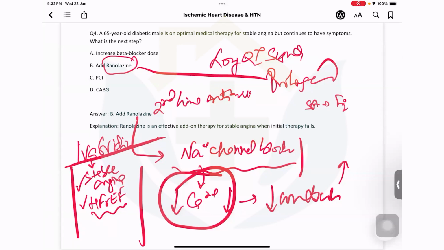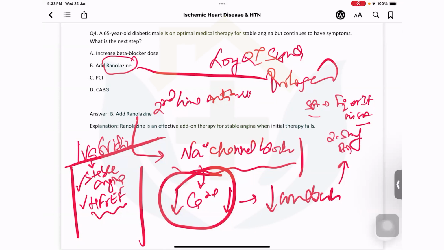funny currents or IF. So these are funny currents in the SA node which can lead to persistent heart rate increase. So despite beta blockade, good calcium channel blockade, you are still getting the tachycardia or the higher heart rate. So ivabradine is indicated where with maximal dose, you are unable to get the heart rate below 70. Okay. So its indication is chronic stable angina, and the drug is to be started at 2.5 milligram BD.